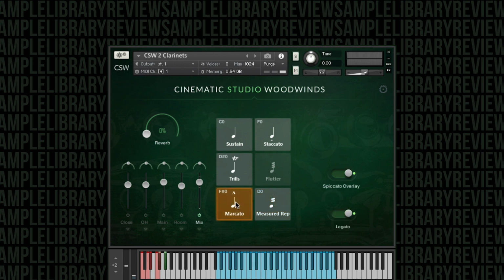And the staccatos. And of course, going back to the sustained, we don't have to always have it on legato. We've got a